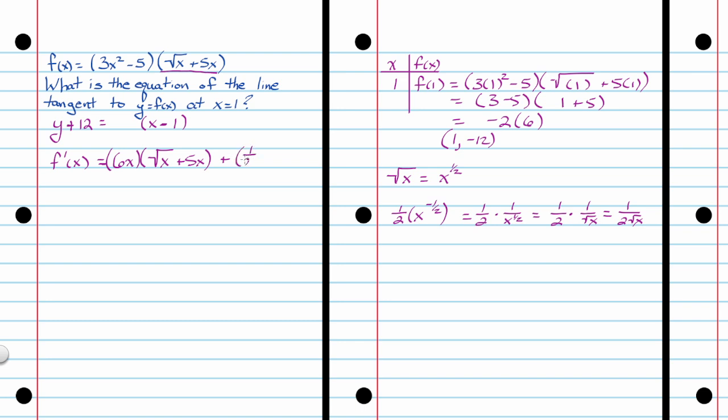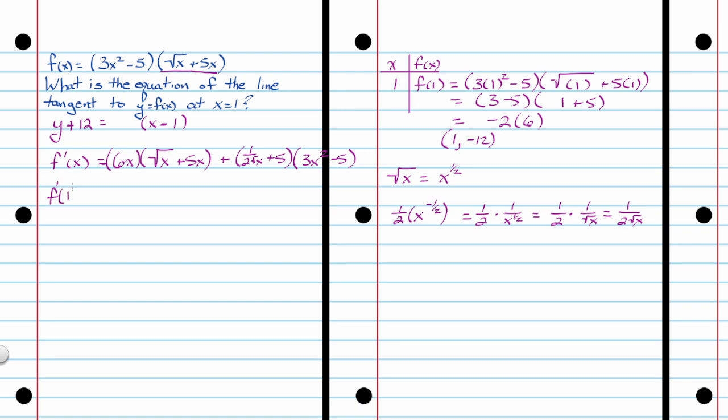So I get 1 over 2 square root x, and the derivative of 5x is just 5. So I found the derivative of this second factor of my function, the binomial factor. Now I need to multiply that derivative times the first factor, which is also a binomial. So I get 3x squared minus 5. So this is my slope. I could clean this up. I'm not going to clean this up though, because all I'm looking for is just what the slope is at x equals 1. So taking the time to distribute here and combine like terms,